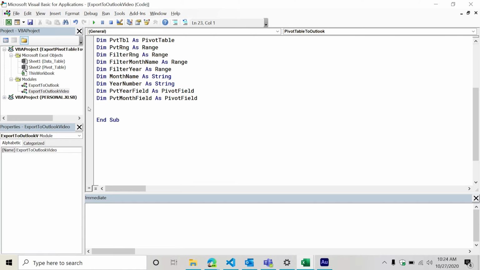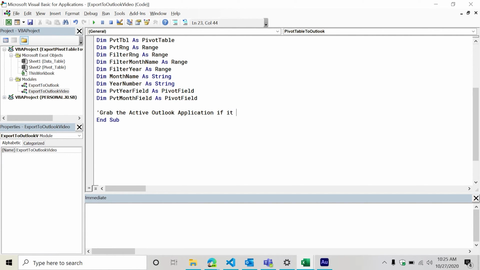Then from here, the first thing we're going to do is grab our Outlook application. Most people, though, have Outlook on their computer open in the background. So in this particular situation, what we're going to be doing is first trying to grab the active instance. So we're going to assume that they probably have it open in the background. But if they don't have it open in the background, then we are going to create a new instance of the Outlook application. So grab the active Outlook